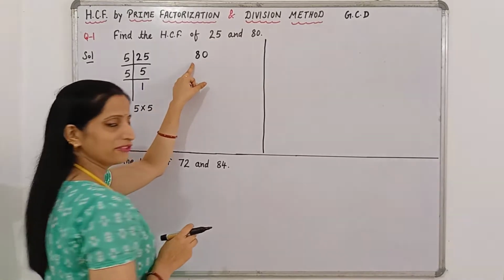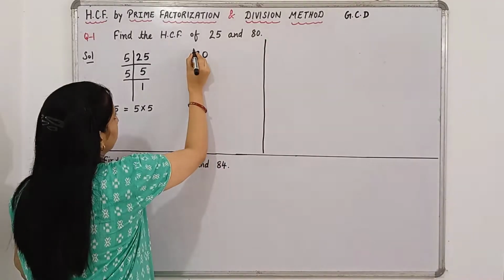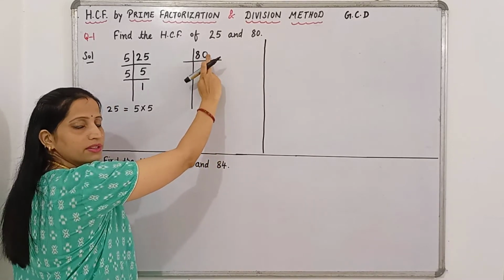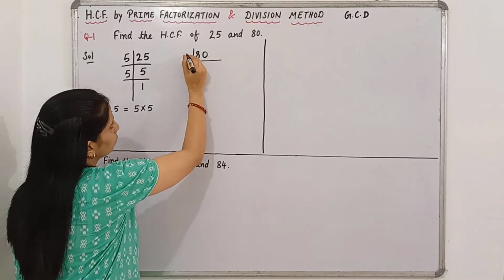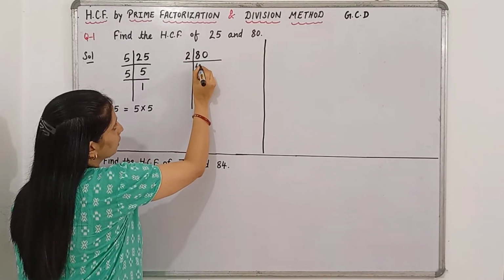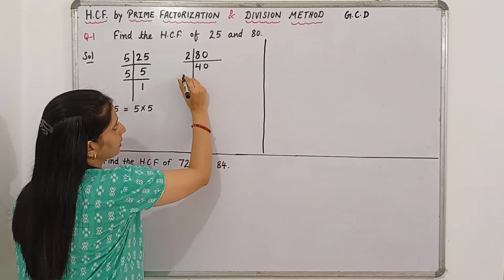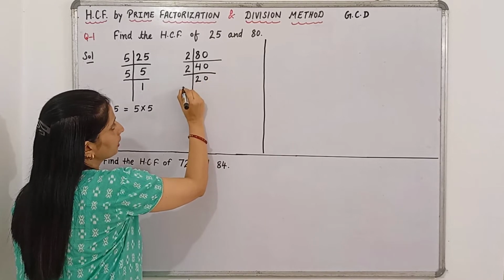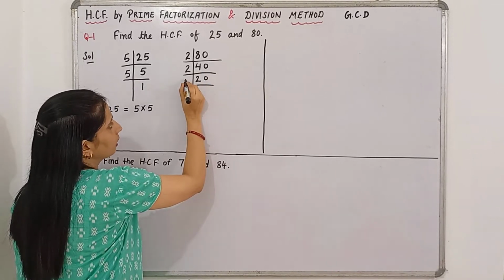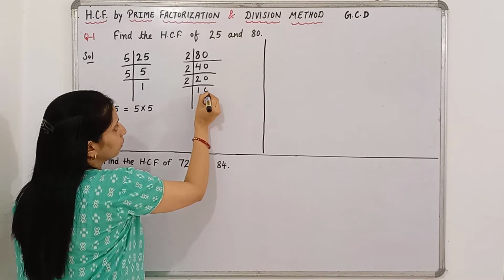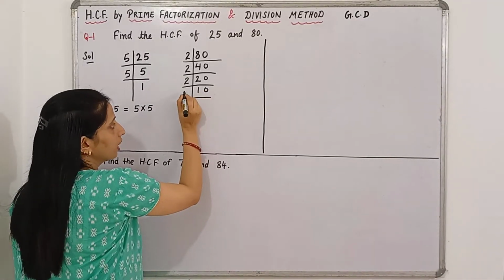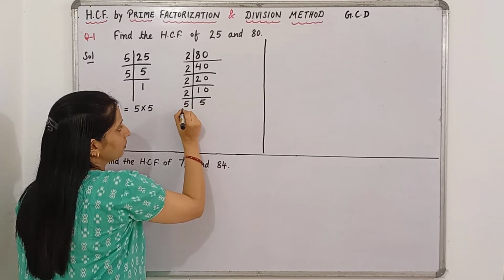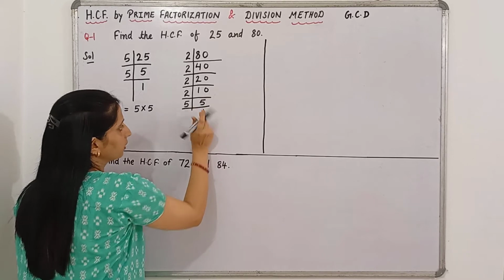Now we will find out the prime factors of 80. So 80, as you know that at the ones place it is 0, so it will be divisible by 2. We will start from 2. 2 fours are 8 and 0 as it is. Then again we can do it by 2, 2 twos are 4 and 0 as it is, we will get 20. Okay, again by 2 we can do, 2 tens are 20. Now again by 2 we can do, 2 fives are 10. At last we will do by 5 and we will get 1.